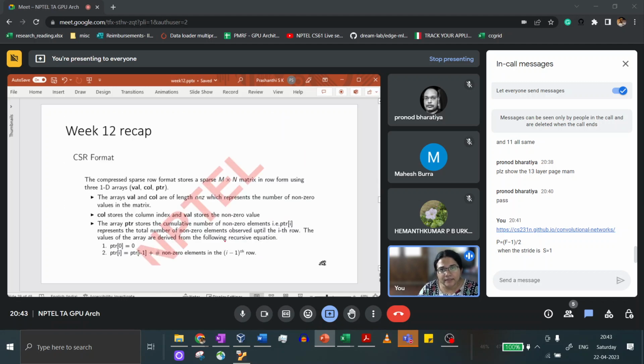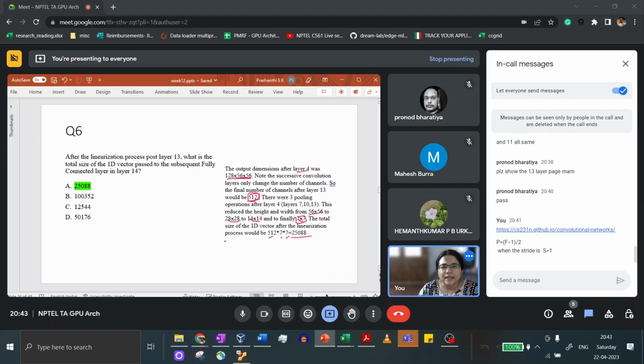And notice that you can reorder the layers like this also, because the convolution here touches only the number of channels and the pooling touches only the spatial size. It might not always be possible to reorder the computations like this. You have to be careful about when that is doable. But this is an easy way to solve this within a couple of minutes.